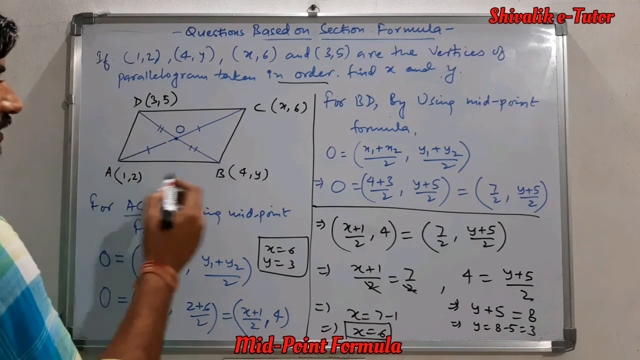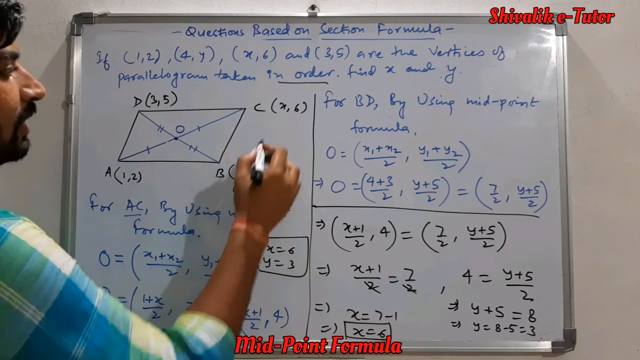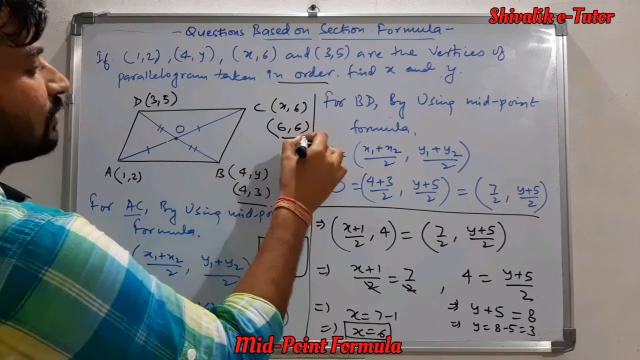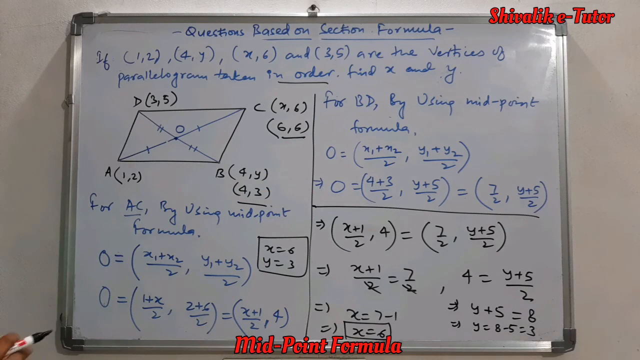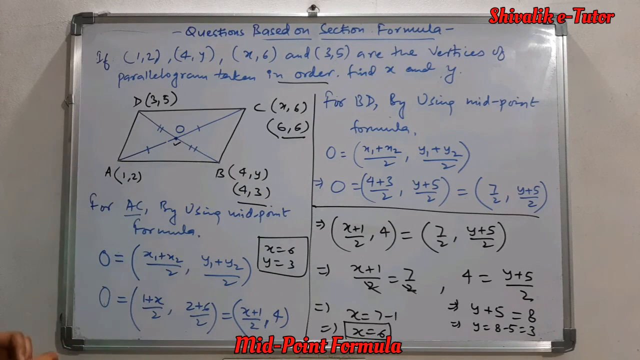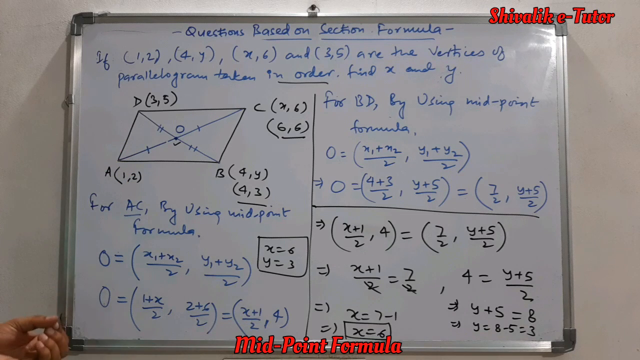So the points here: point B will now be 4 comma 3, and point C will be 6 comma 6. If we substitute the values in the midpoint formula, the point O will come out the same, which proves that the point of intersection of the diagonals is the same. So this is a really good application of the section formula, in which we use the relation for midpoints of